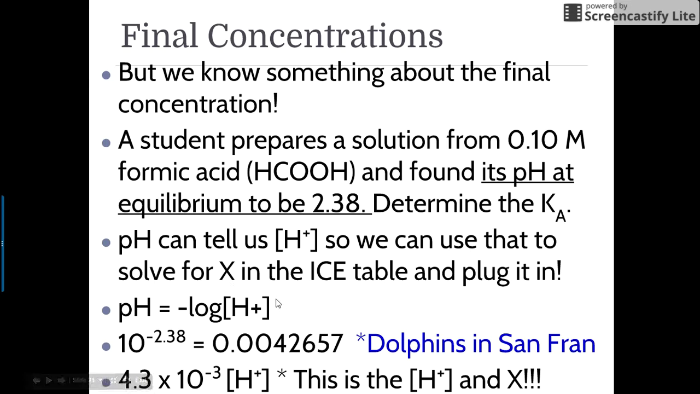That is completely fine. Remember earlier I said H plus is H3O plus. Their concentrations are always the same. Anyway, if we can solve for X, we can solve for Ka. We can solve for X because in our reaction, if you look back at it,